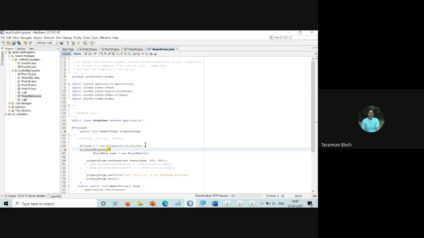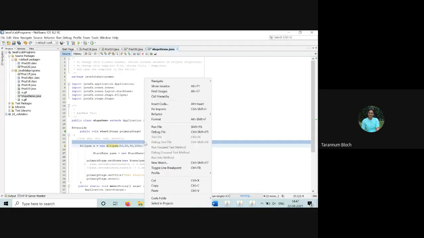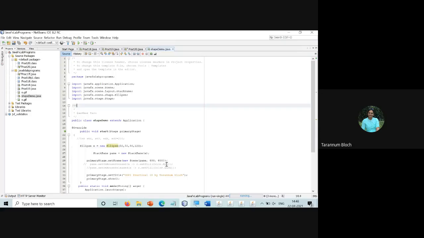We have rotate. Do you recall that we said we have a rotate property as well? I said if we want to make it like a standing egg, you have to just change the coordinates, make the y radius bigger and the x radius smaller. And then you can make it bigger, and it will give you some color. By default the color is black.